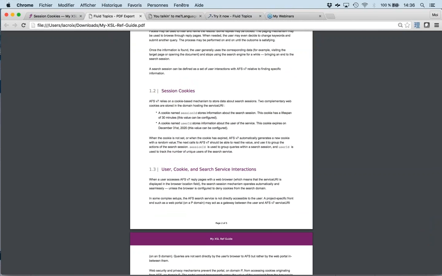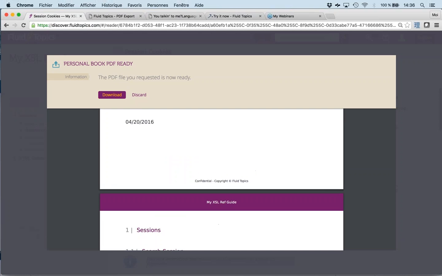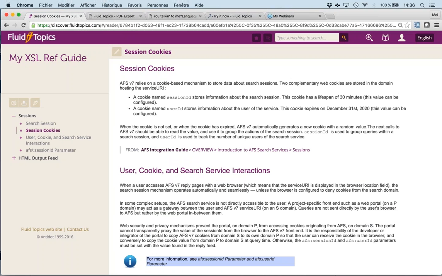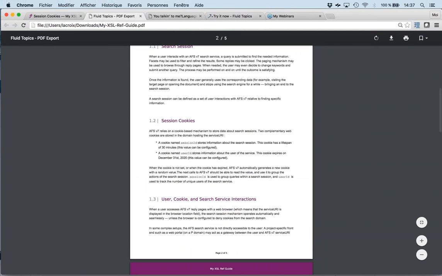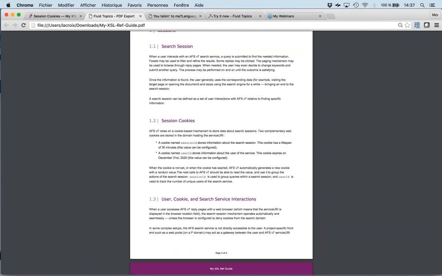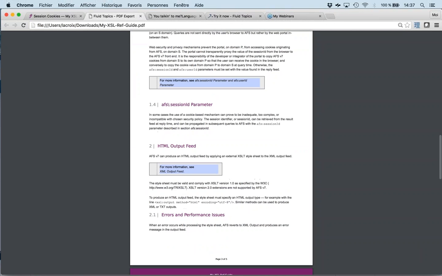It's more to keep them live, because when content is uploaded, when it is modified, if the tech writing team were to change this topic, for example, my personal book would be updated automatically so that I have the latest version of that topic. Once I generate a PDF like that, for sure I'm being desynchronized, but at least I can print that, or it can be sent to someone that needs the paper version for some maintenance operation on the field where there is no computer or nothing possible like that.